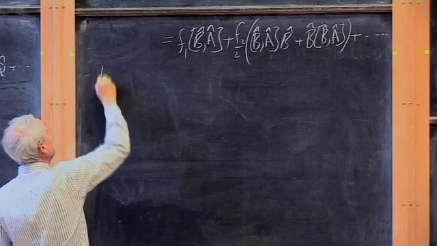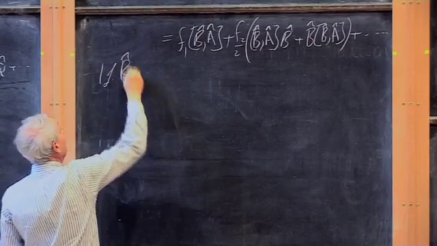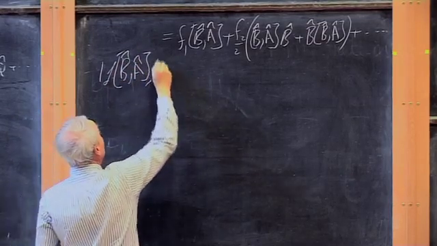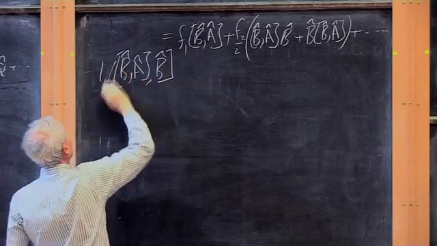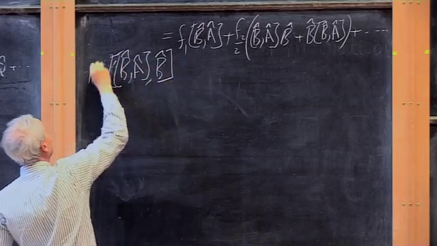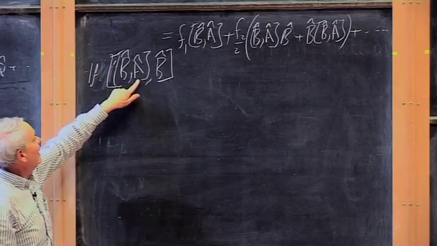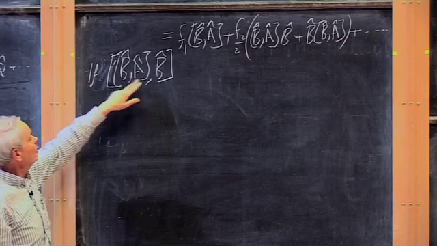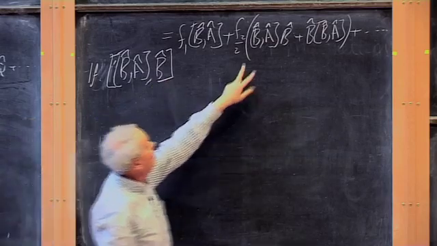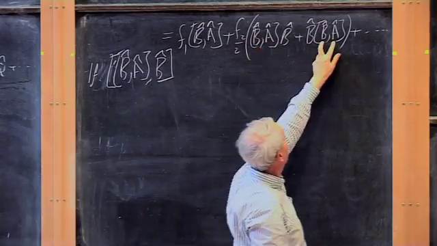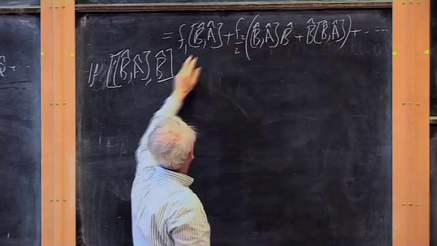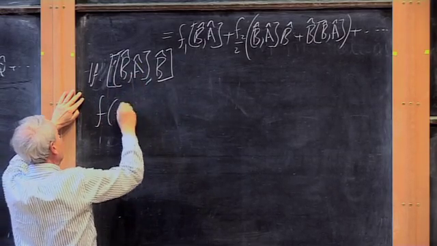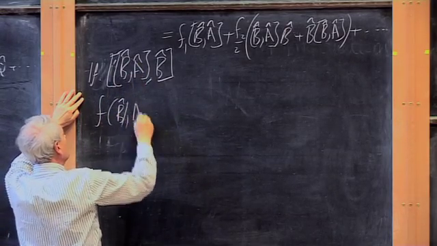But in an important case, if B hat, A hat commutes with B. So if this commutator, B hat, A hat, is an operator because it's the difference of two operators, commutes with B hat, then this B comma A and this B comma A and this one could all be taken outside, and I have that, under this condition, that f of B hat commuted with A hat